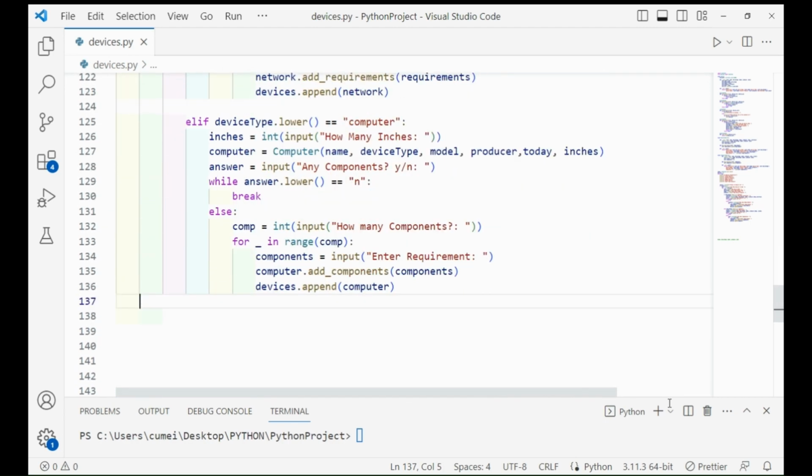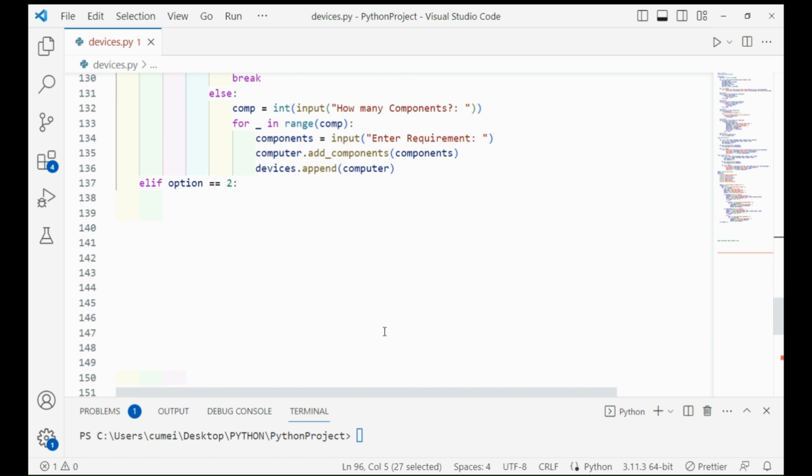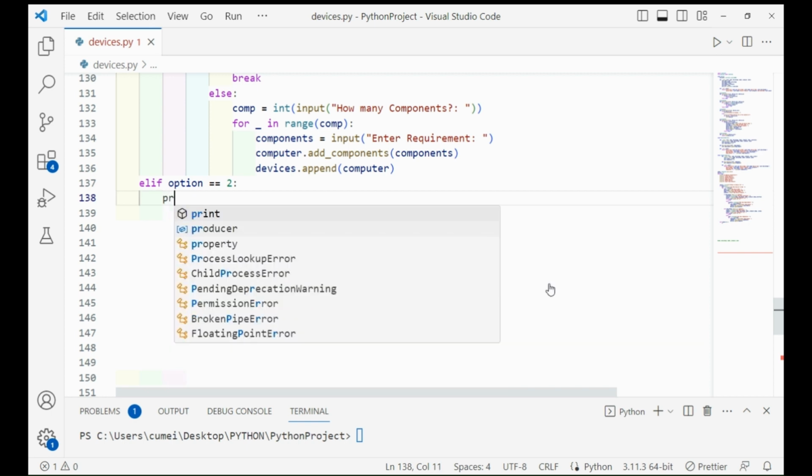So this is elif option is 2. So what do we want to do now? We call display devices. This is to show the list of devices. This one will be quite simple. So what we do here is, let's print